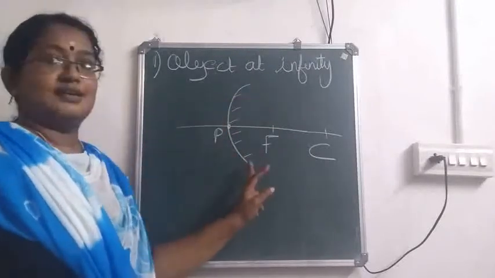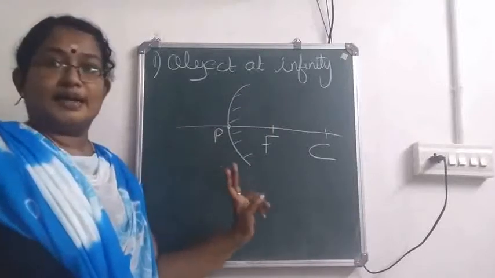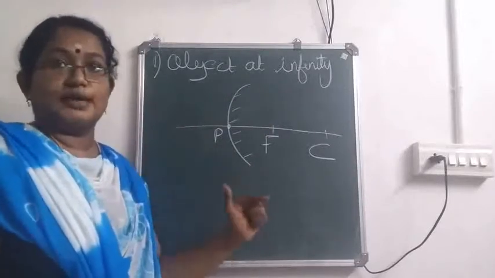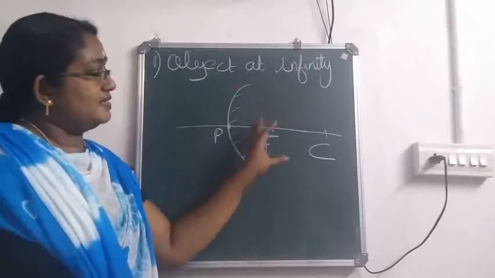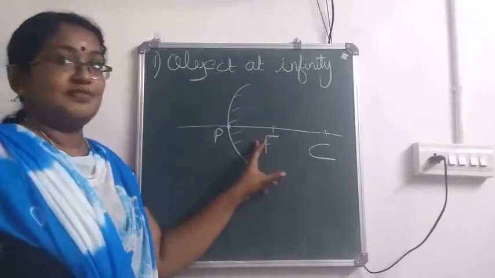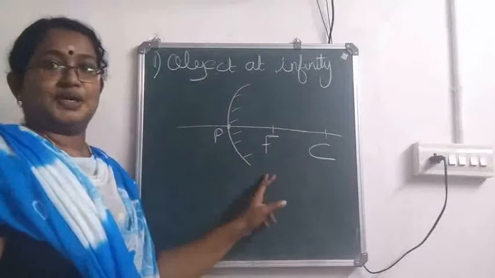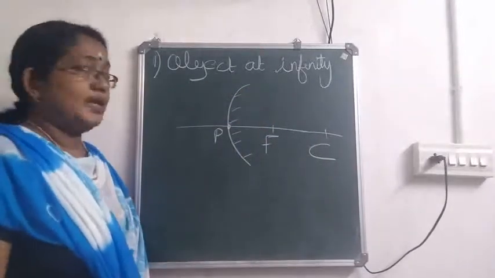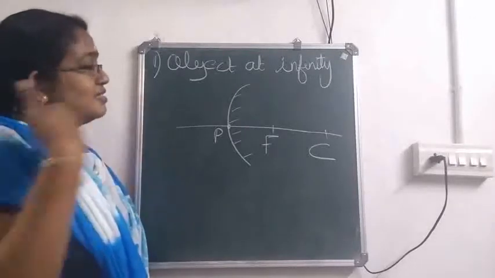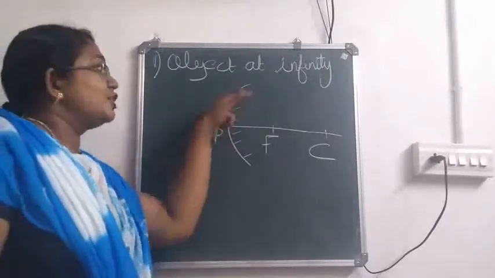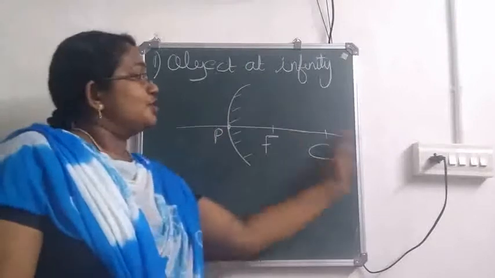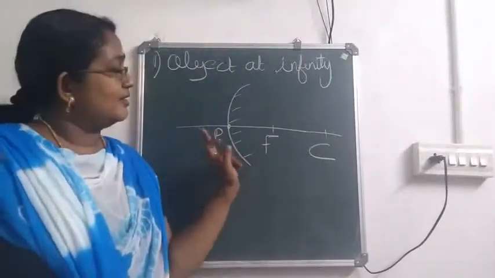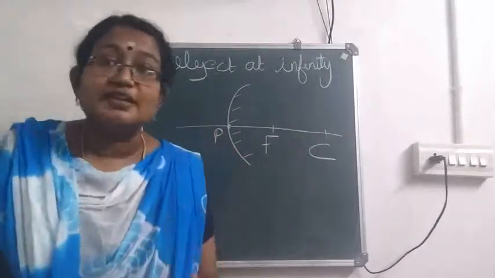Always what you have to think is, it is a spherical mirror that is taken from a sphere. So where that curve is there, the center of curvature means it is the center of the sphere. So it should always come in the inner part of this. So this is the first thing you have to remember: draw a convex mirror, draw the principal axis, mark the pole, focus and the center of curvature.